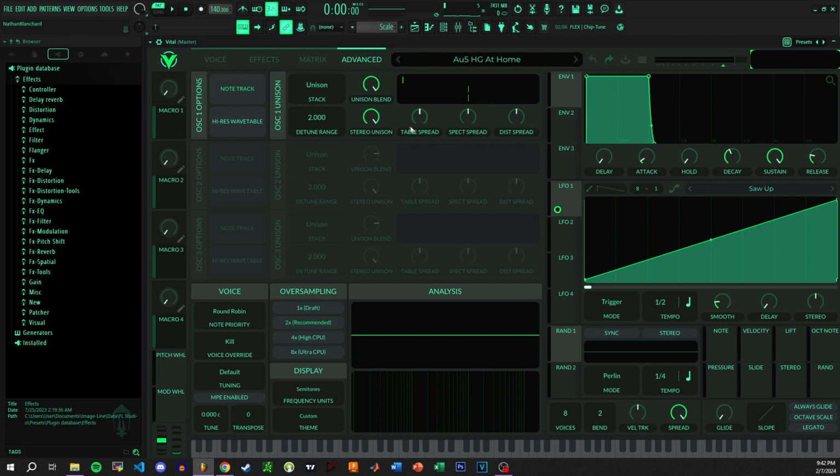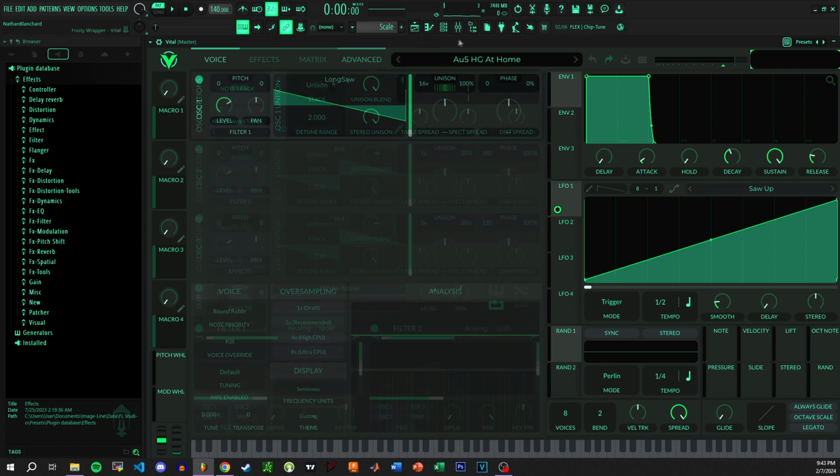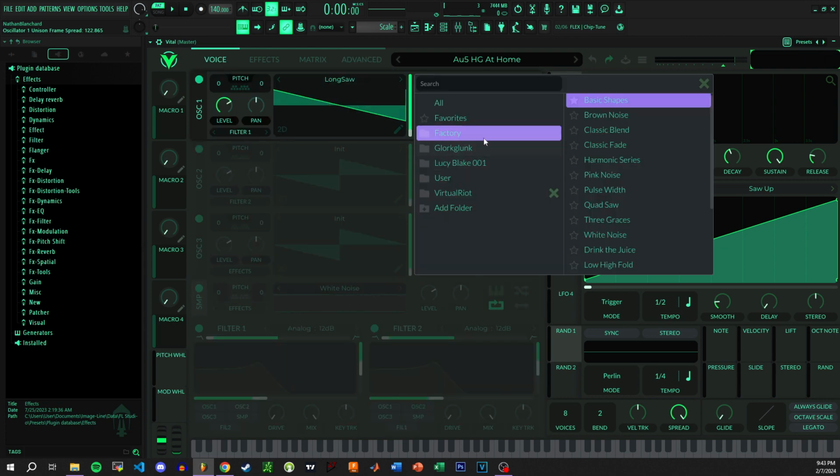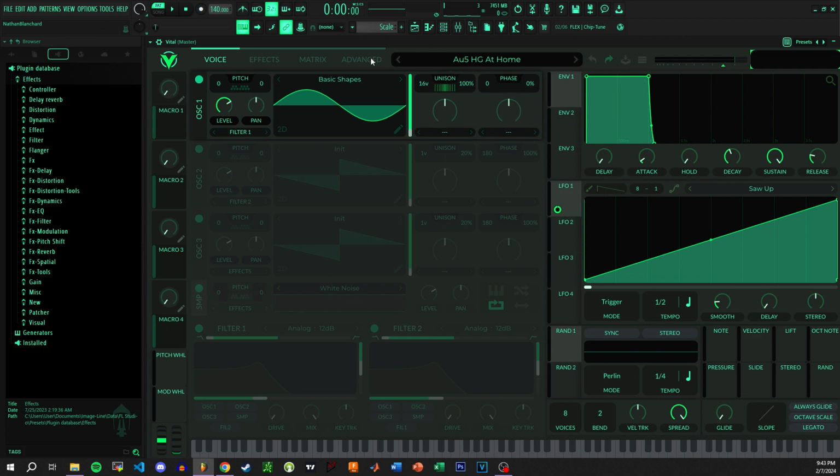Now we can play with the fun knobs. These knobs are where everything changes for me. So the first is table spread. So if you're from Serum, this is analogous to the table spread knob there, where it spreads the unison voicing across the wavetable. To show you this, I'm going to apply it to the basic shapes wavetable. And what you'll notice is the basic shapes wavetable is just slices of the different shapes. So we're going to expect sort of a nice distribution of all the different waveforms, basic waveforms, at the same time,